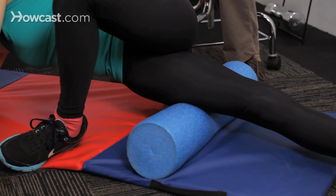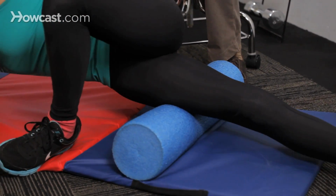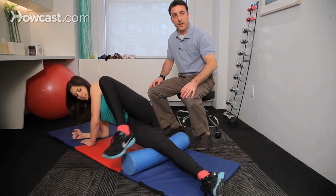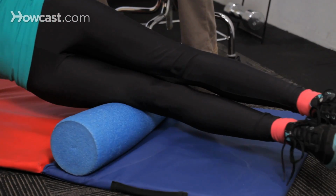This is an aggressive stretch, although she's giving herself a little bit of a break with her foot over here, trying to give her some support. You can progress this to having both legs lined up on top of one another, which is very intense, but also very, very effective. Maybe rolling for about 1 minute back and forth, taking a break, and then maybe doing 2 reps is the